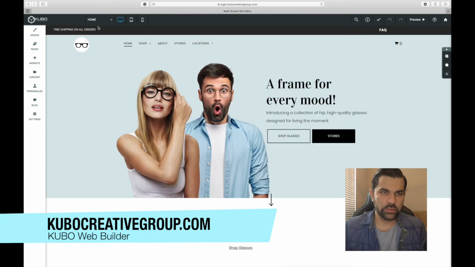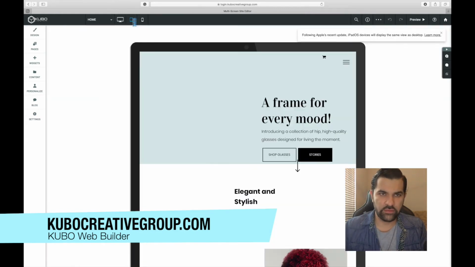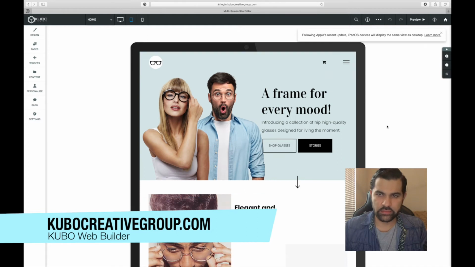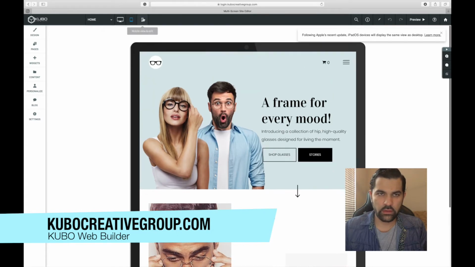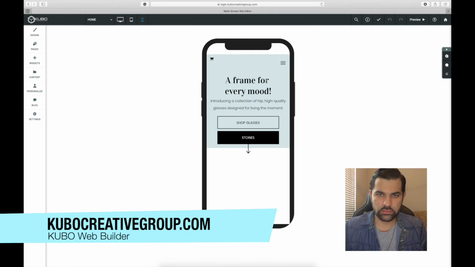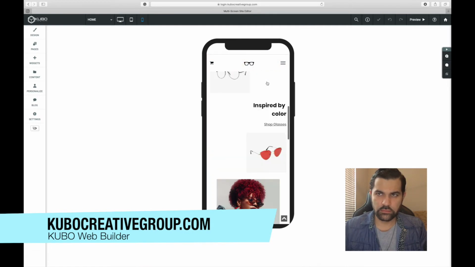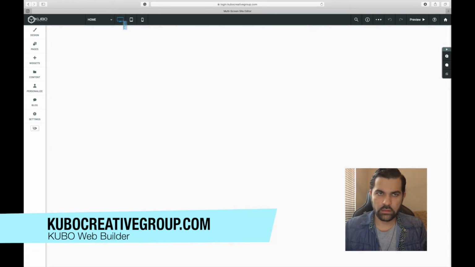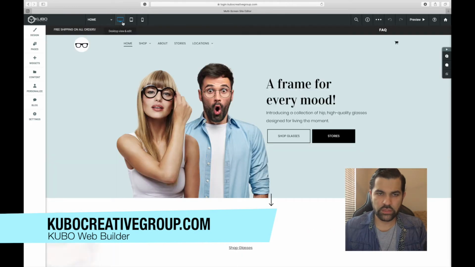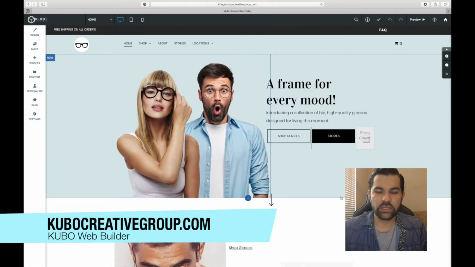Let's go to the home one, and this will show you a preview of how it looks on different devices. For example, a tablet or a smartphone. Okay, let's go back to this view since we are on a desktop or a laptop. Okay, now